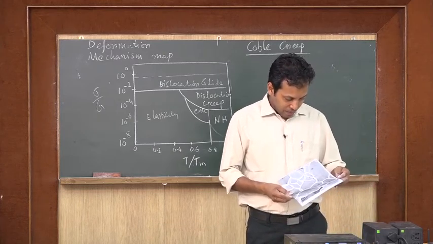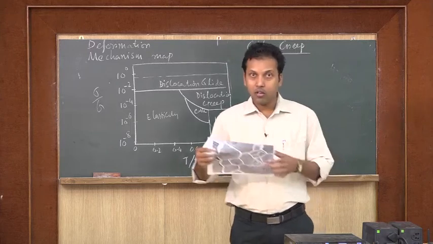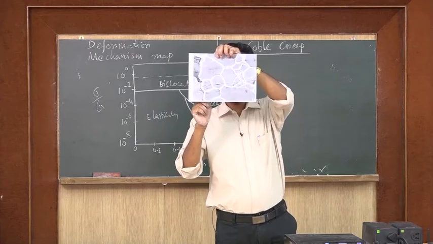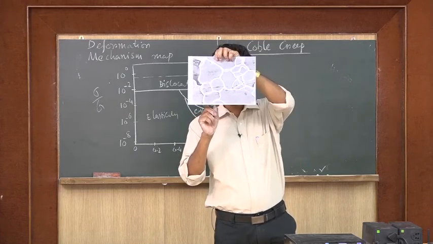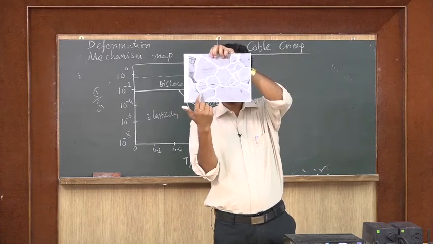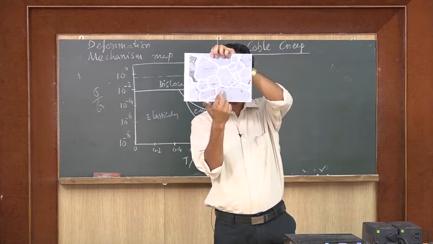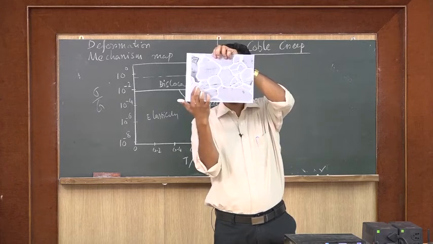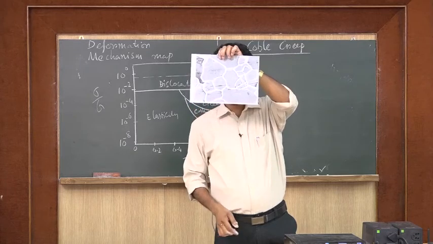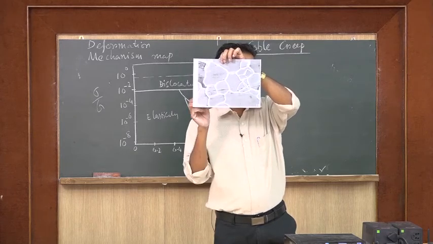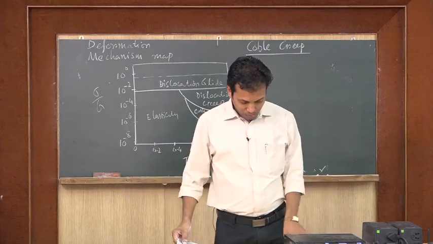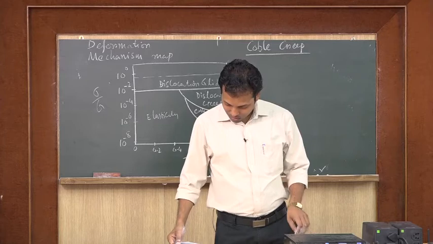Yes, this diagram, I don't think you can see it on camera, so see this. In this I have a grain structure. You can see that some straight lines are there and then they have changed, it means the linearity has changed. From here it is a straight line and then it has changed. So, we can say that during creep deformation, I will give it to you, whoever is interested can take and see this.